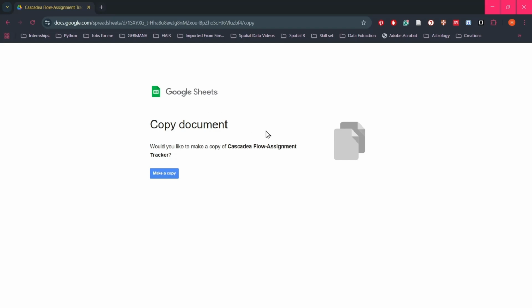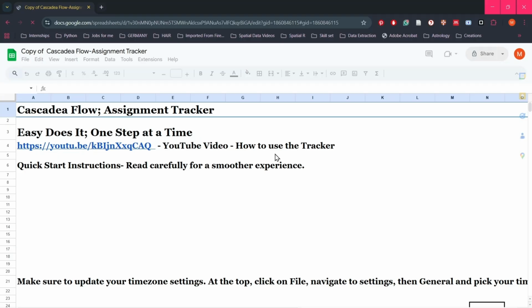When you receive the assignment tracker, it's going to open here through your Google account, Gmail account, whatever you call it. So you're going to click make a copy, and it's going to load. It's quite a big